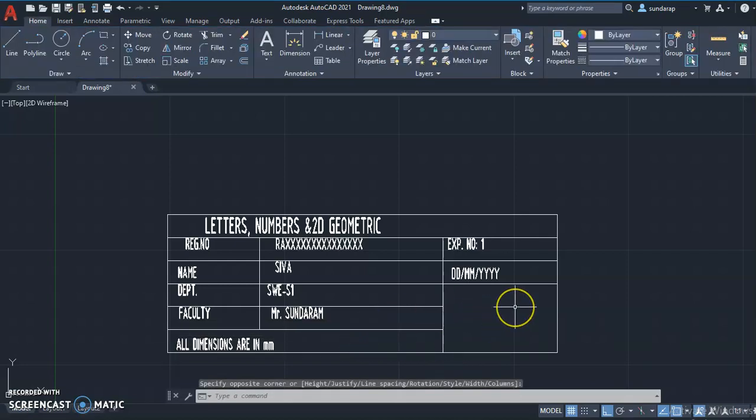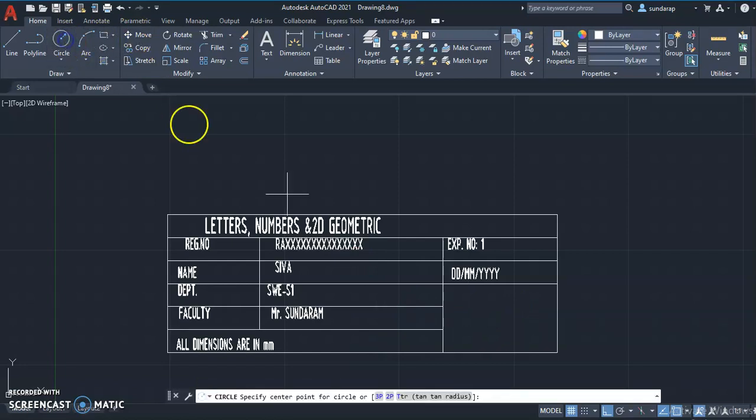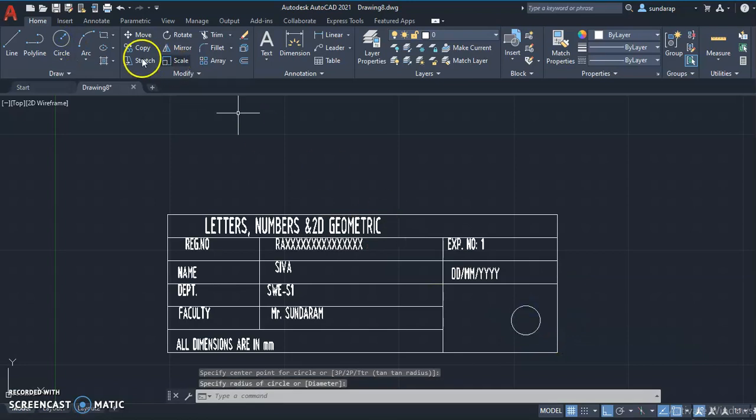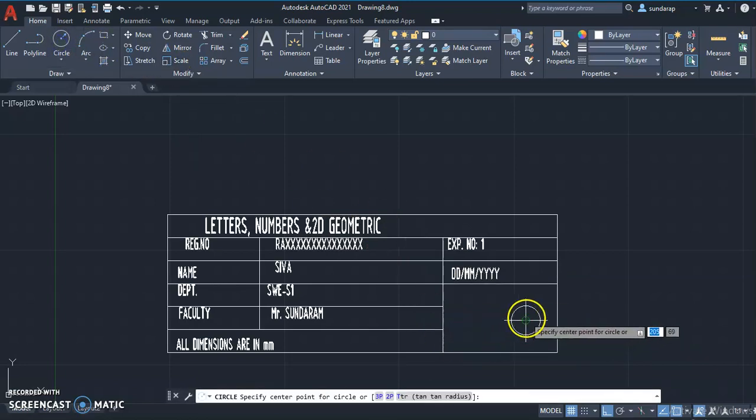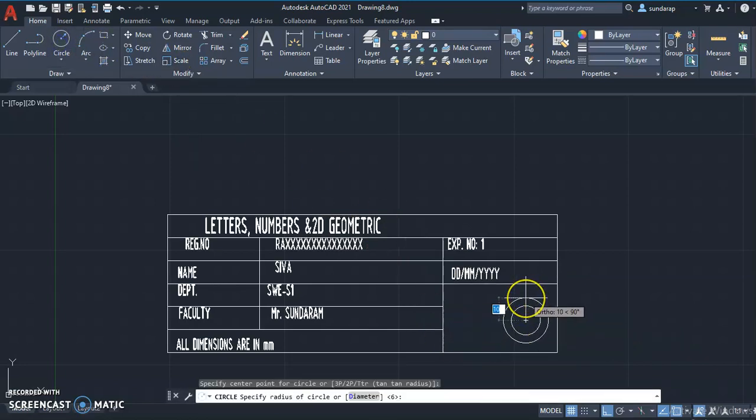So then here you can draw the symbols. Two concentric circles. Then one component, for that you can make the reference line.